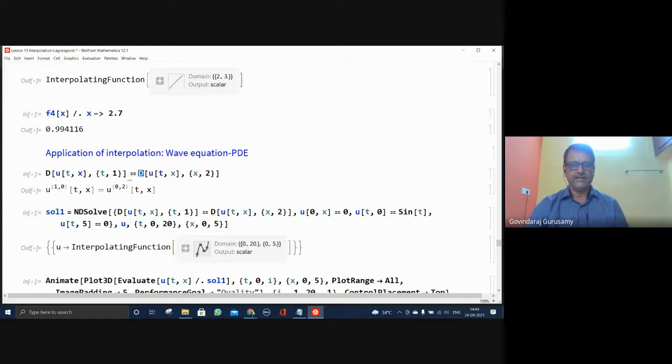This is what the derivative is. So you have a first order derivative with respect to the time here. This is second order with respect to the position. And if I enter this, you can see u of 1 comma 0, that one indicates that you are taking a differentiation with respect to the first variable. And here you can see you are taking a second derivative with respect to the second variable. That's what it means. Okay. Right. So this is your simple wave-like equation now. Is it not?